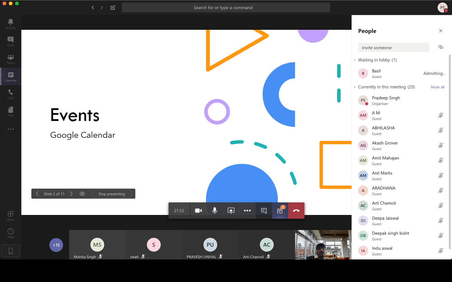Google Calendar is a free tool. It's available to everybody. I will not demonstrate how to sign up for a Gmail account. I think that's too basic and everybody is able to do that. What I will do, however, is show you the different kinds of events that can be created on Google Calendar, and how you can use it not just for managing your meetings or your classes, but also other things. For example, your appointments, your recurring tasks,